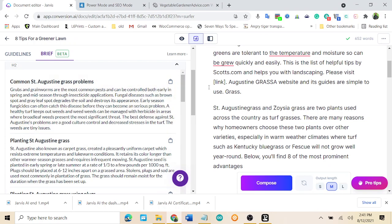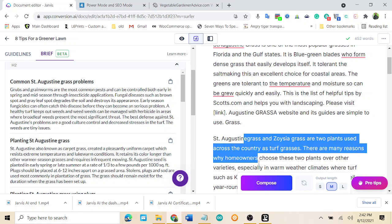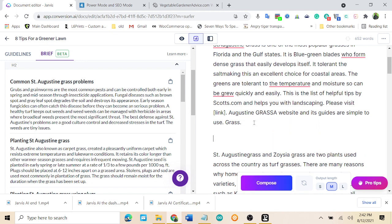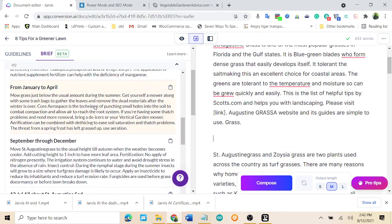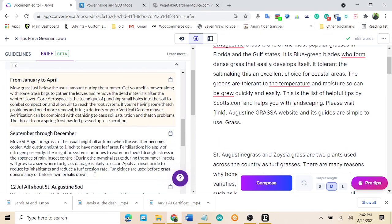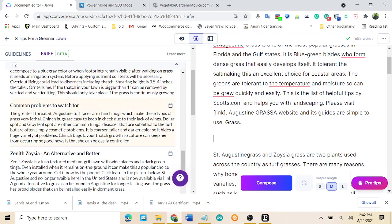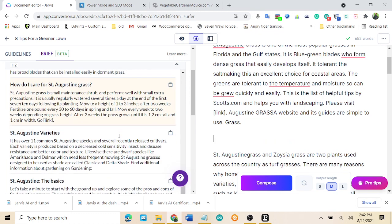Now these are H2s. So up underneath that, or down here below, is what Jarvis already did. Now we can go right here and click compose and it'll build upon that. We can also just go over here and pick out a couple dozen of these. Here's May through August, from January to April, different things like that. Maintenance needs in St. Augustine, common problems to watch for, zoysia, an alternative and better, how do I care for St. Augustine? And we go over there and just copy